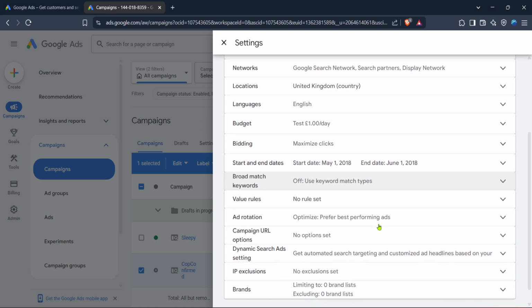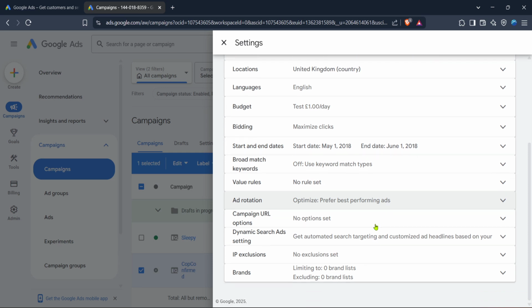Now we're ready for the central part, locations. This is where you refine who can see your ads based on geographical criteria. Click on locations to reveal the page where you can specify your desired parameters. You can select countries, regions, or even individual areas depending on how targeted you want your reach to be. Adjust these settings according to your campaign goals, whether that's narrowing down to a specific locale or reaching a wider